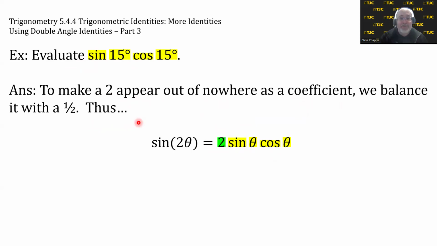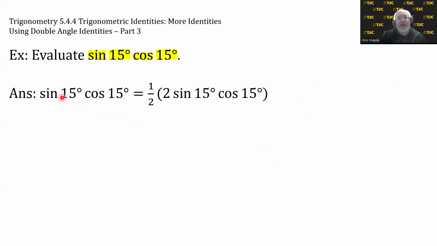Thus, here's what happens. Sine of 15 degrees times cosine of 15 degrees equals 1/2 times 2 sine 15 degrees cosine 15 degrees. This is what I casually refer to as uncanceling. Normally 1/2 times 2 cancels, but here we uncanceled it to create the 2 that we needed to use our sine double angle identity,